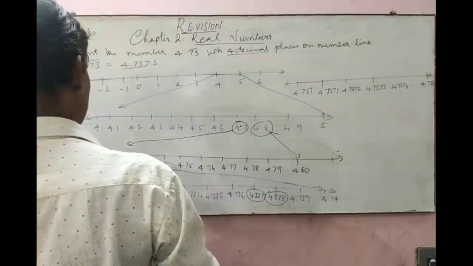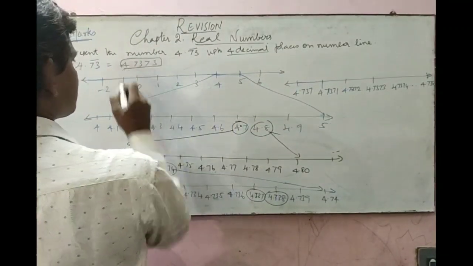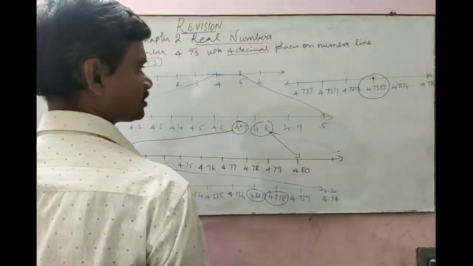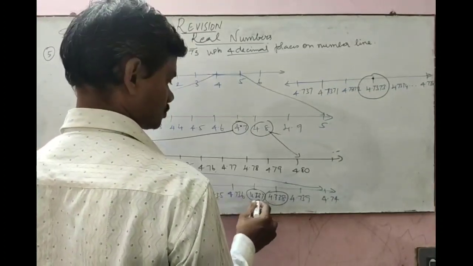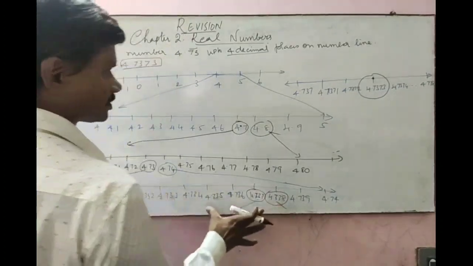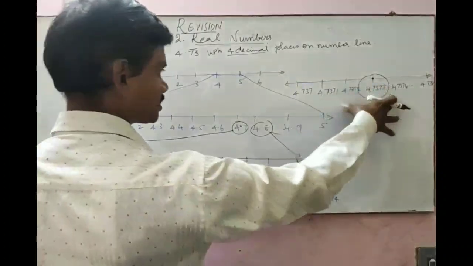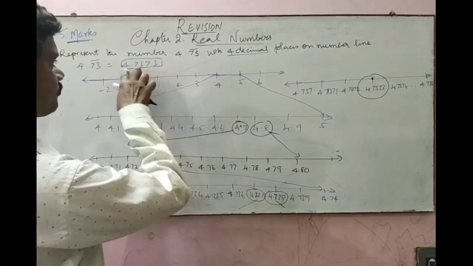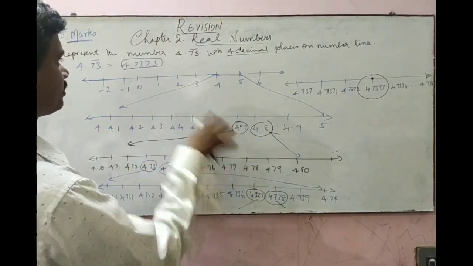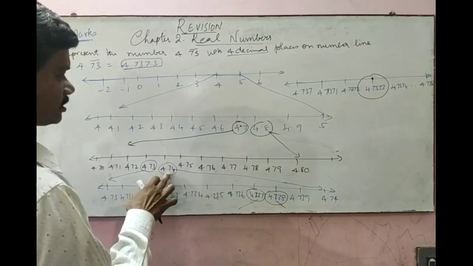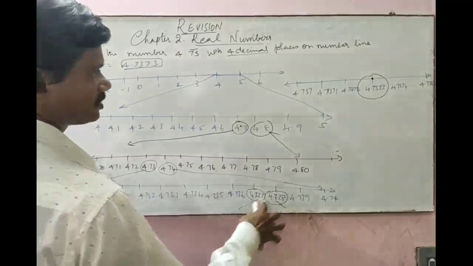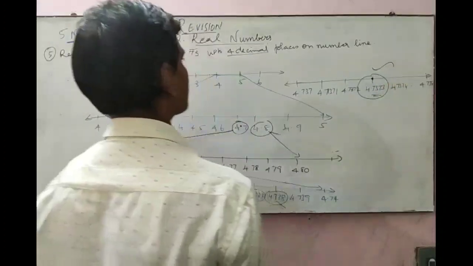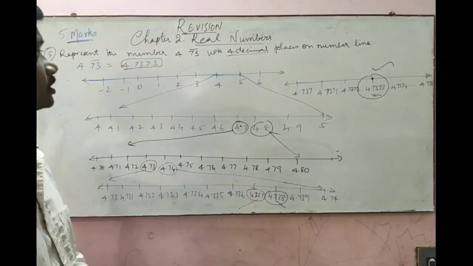Now look at this, we reach the number 4.7373. So this is the number 4.7373. So you have to expand this. On the board I don't have any space, so I am extending this to here. So you have to draw the steps. First step is for integer 4, the second one is for 4.7, then the third one is 4.73, then the fourth one 4.737, then lastly you have to arrive at 4.7373. So this is the number line which represents the decimal.